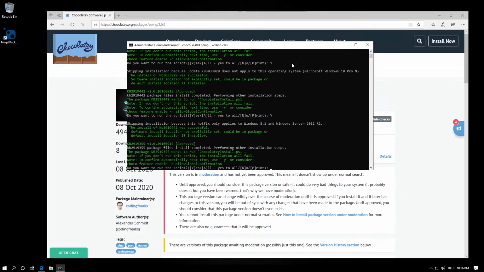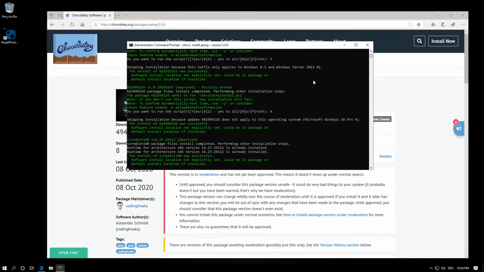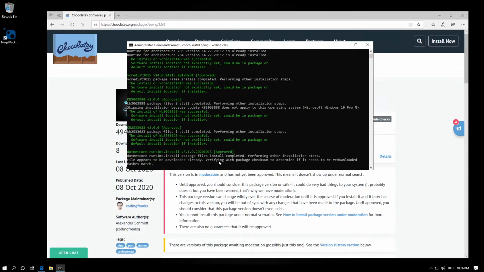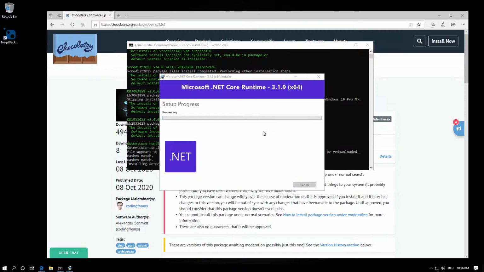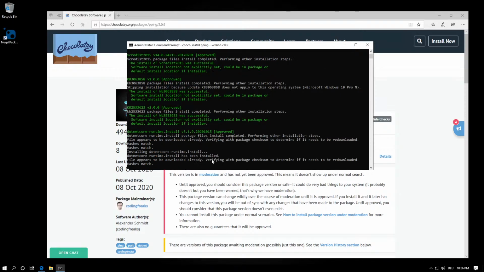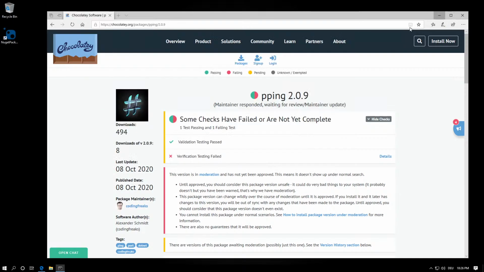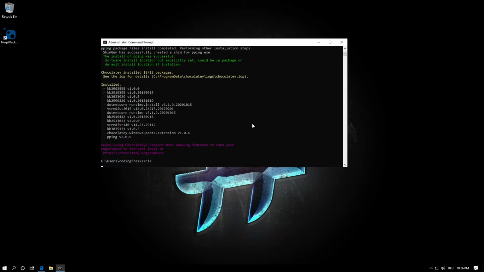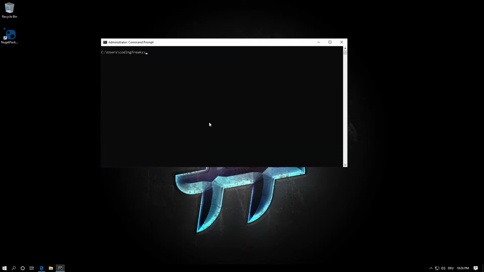Yes. And yes, or can I do all? Yes, I can. Okay, it's going on. Peeping is just a console app, but anyway, it requires Go for sure here, to be honest. Okay, now I have a lot of dependencies coming in, and now after I installed it, I can do peeping,